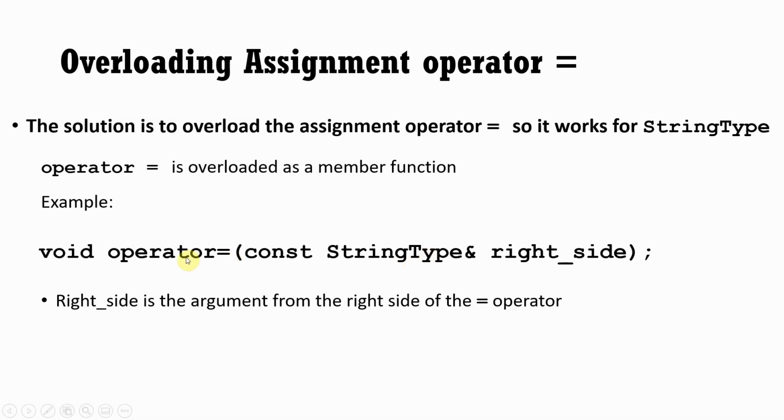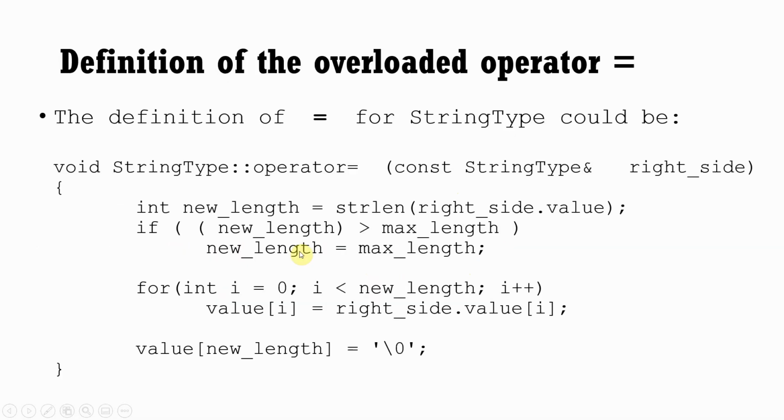So here you see that if we want to overload the assignment operator, we just have the name of the function, which is going to be operator equal. It's going to take one object which has the same type as our class. It's not going to change, so we can define it as constant, and we can pass it by reference to avoid using extra memory. Okay, so this is what we have, right? Now if we define it like this,